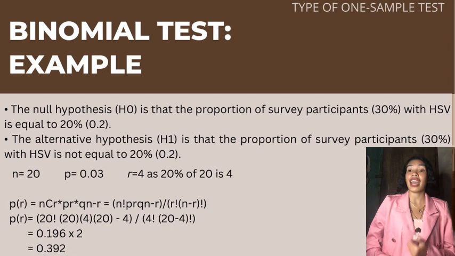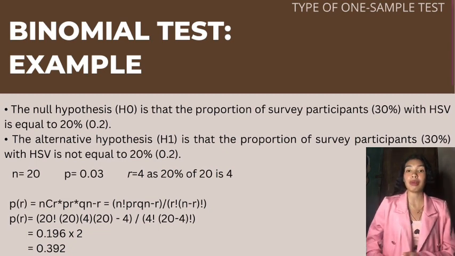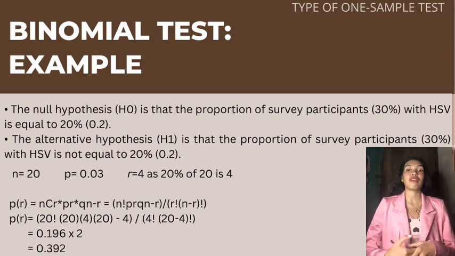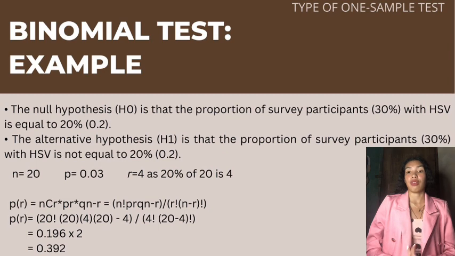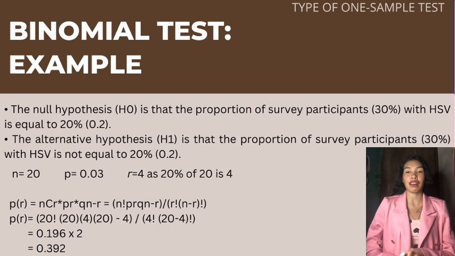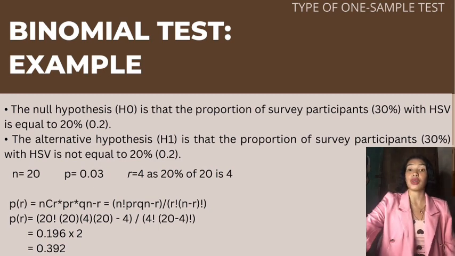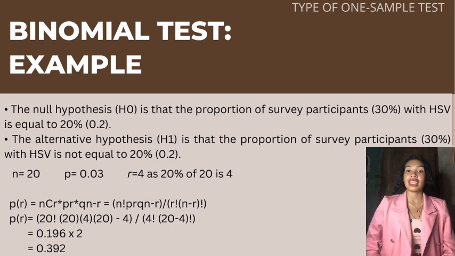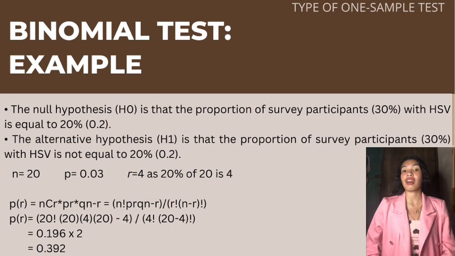So, if we have n independent trials with probability of having HSV being p, we can calculate the probability of the value being the hypothesized number of HSV cases. So, in this case, R is equal to 4 as 20% of 20 is 4. So our R is 4 using the following formula. So by plugging the value into the binomial formula, we get 0.196, the probability of 6 or fewer HSV cases out of 20,